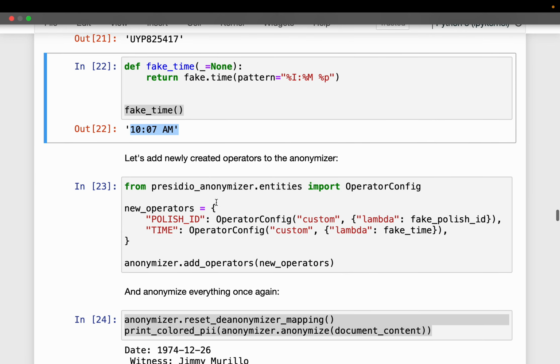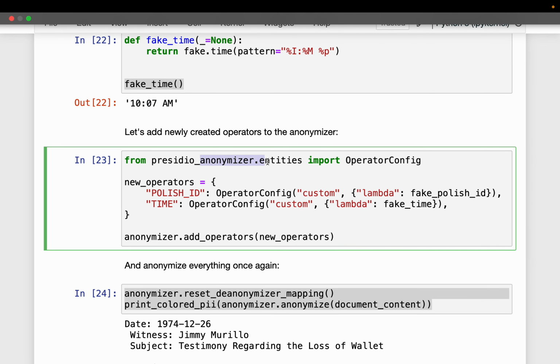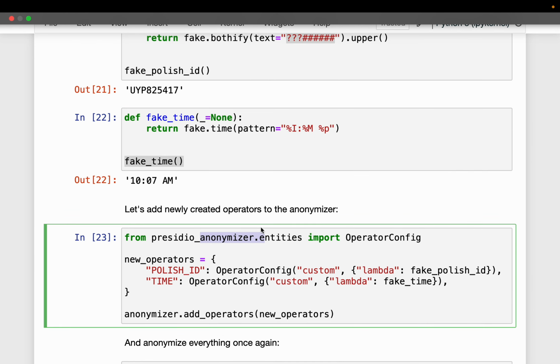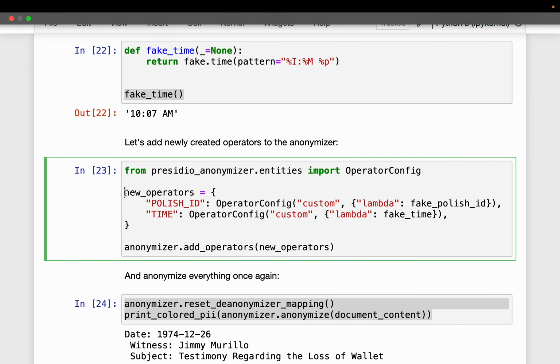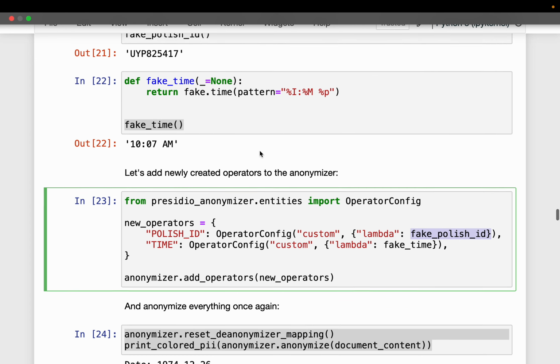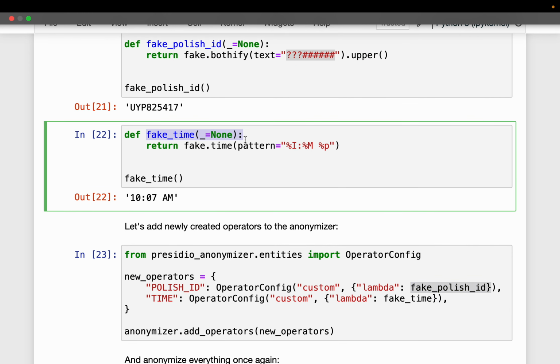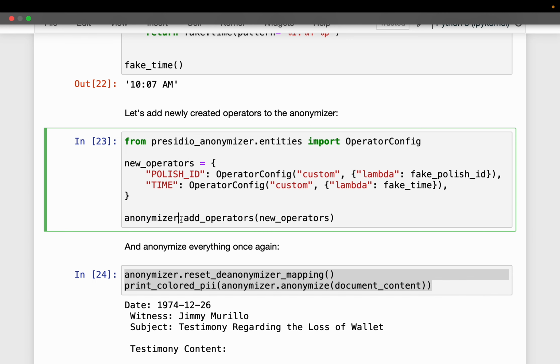Okay, so what we do is, to the Presidio anonymizer, we add these two patterns as what are known as operators. So here we are defining two new operators. One is this Polish ID with the function we defined here, and the second one is time, with the function here. So we added these two operators to our anonymizer.